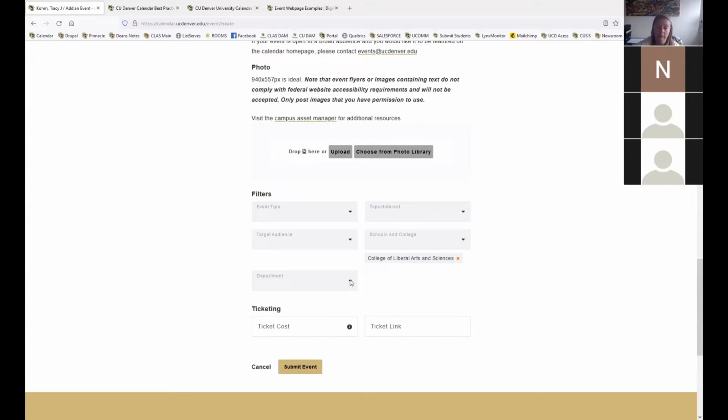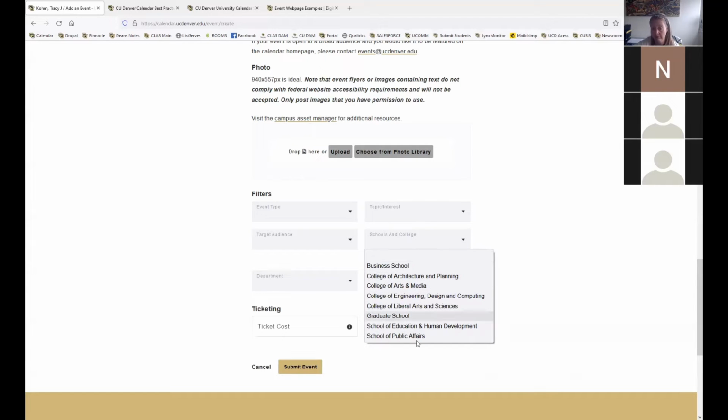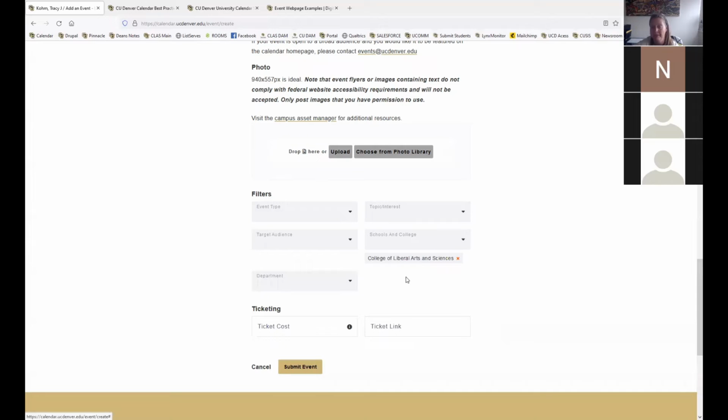And then, if you're doing something you think human education and development might be interested in, rather than just clicking it, because that means they'll also be approving your event or not approving it, you might want to send them an email and let them know about it, and see if they'd be interested in being added to your event. Because this function right here is how the widget on our main CLAS webpage decides what's going to get listed on our CLAS webpage. So when you go to,